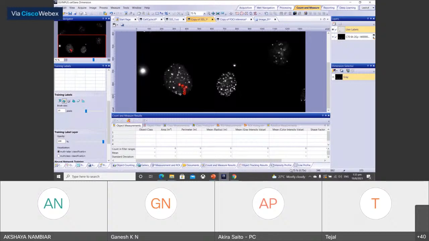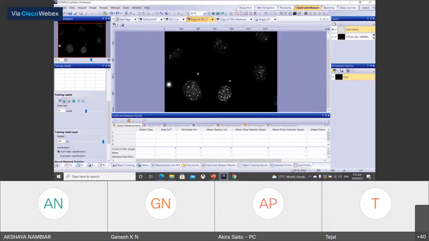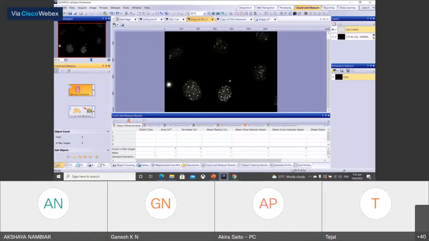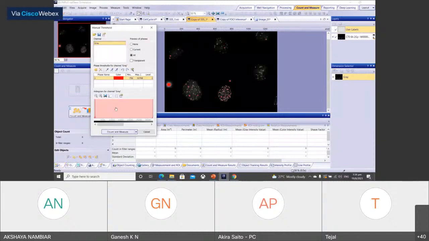spot by manual handwriting. It is also possible, but I would recommend using our count measure to identify each spot and then make some adjustment manually. How to do it: go back to the count measure and adjust the thresholding.